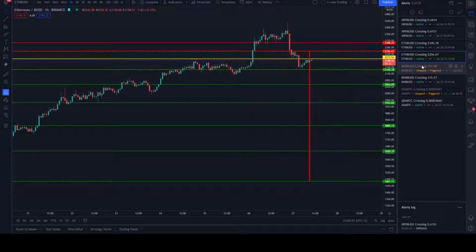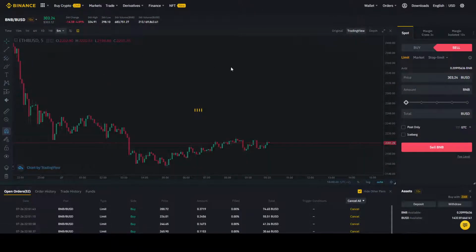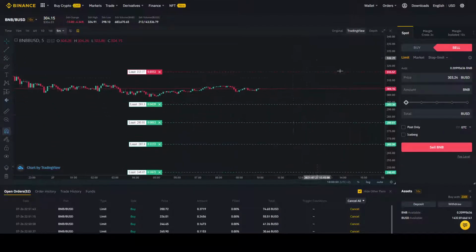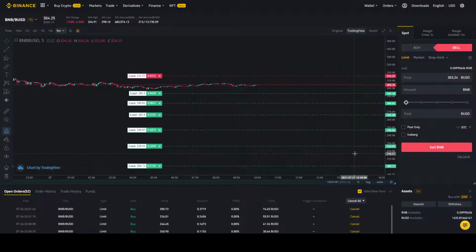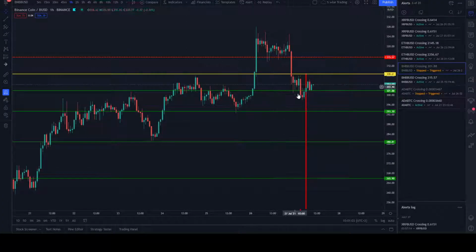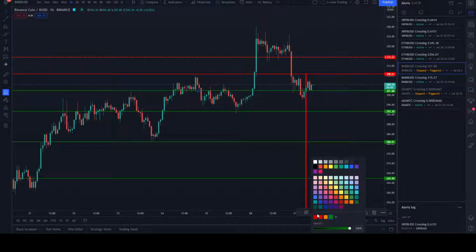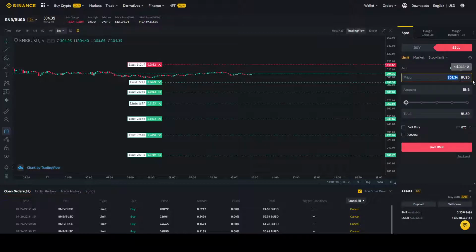And the next one is BNB. What did BNB do? Let's see how many orders I have. 7. So it also triggered one order, also one buy order. So this one is becoming a new sell order, and this one is our current or latest entry. So 308.61 is becoming a limit order.